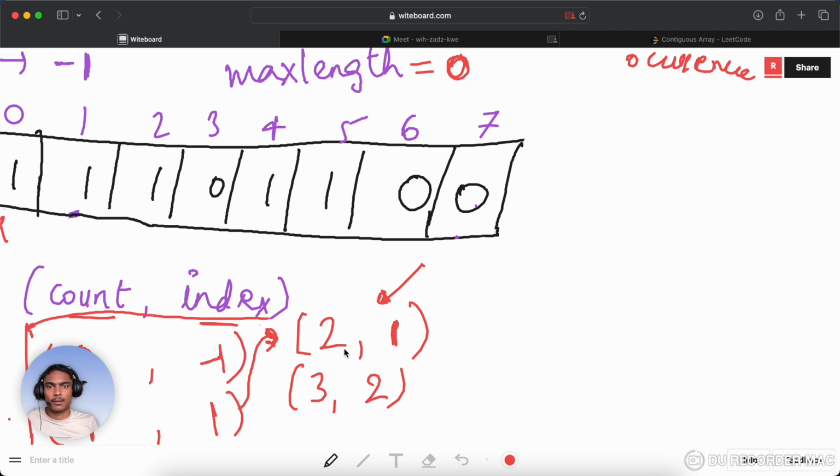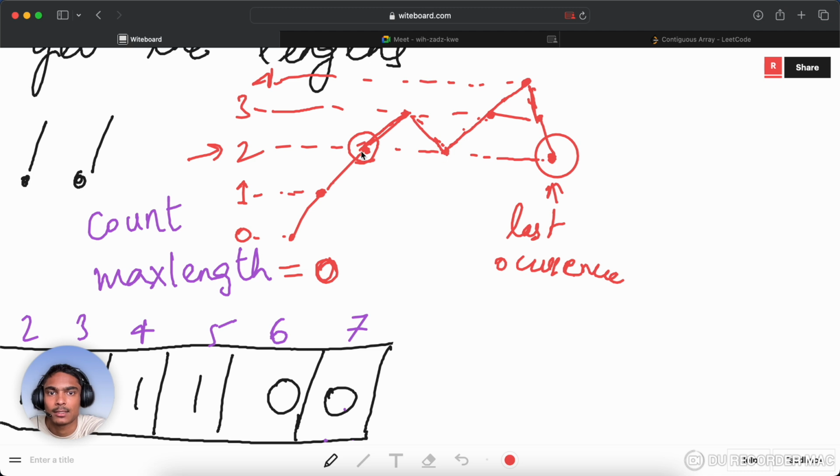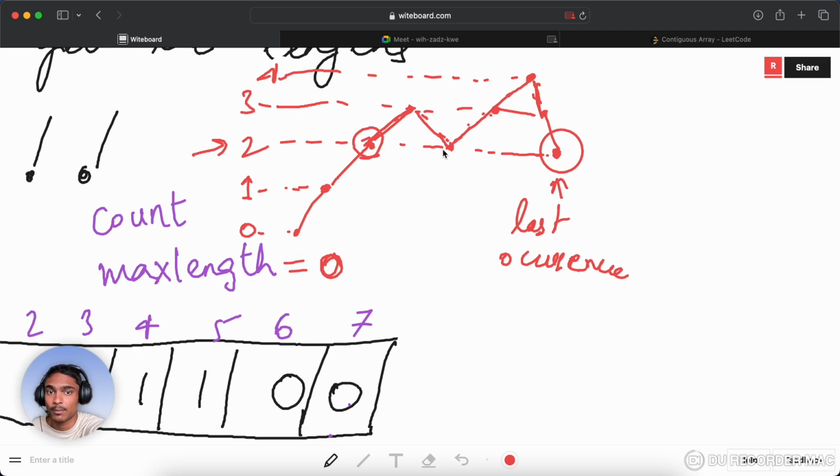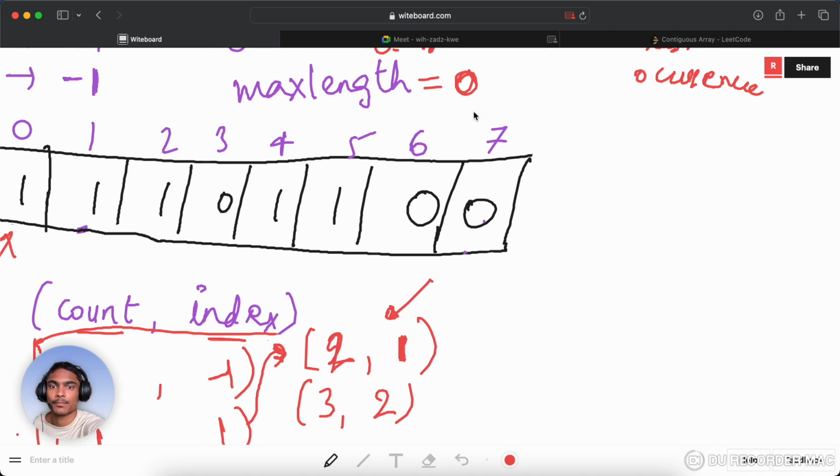But at this point we encountered that this was the first occurrence and we have got another occurrence. Another occurrence means the same thing as this one. Now we don't know whether it is our last occurrence, but we know that it is something, so we must keep track of that. So what we'll do is we'll get the max length and subtract from the current position,